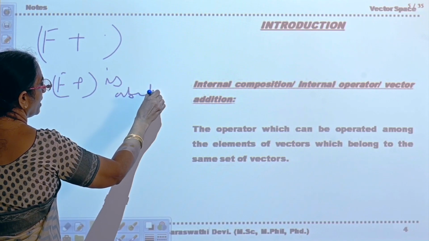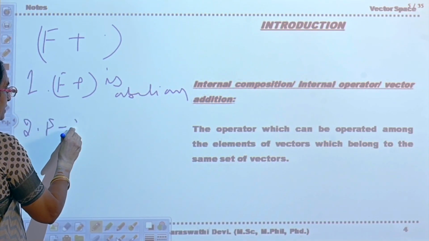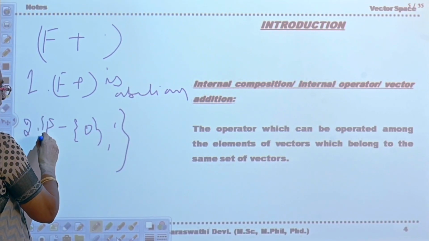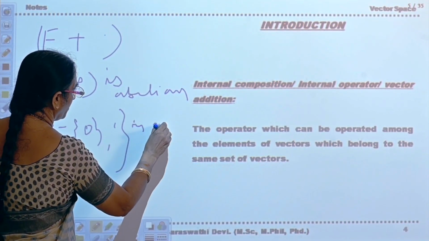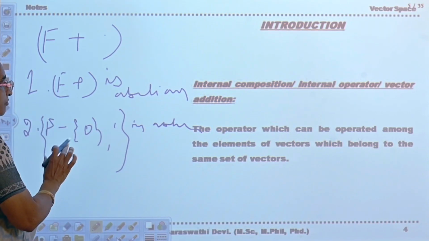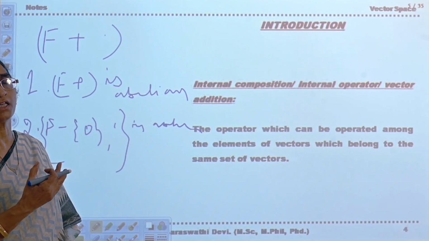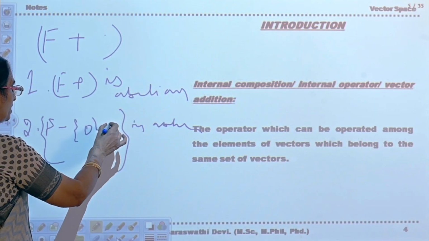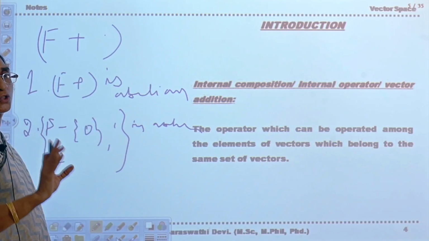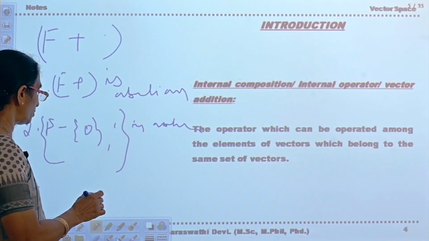Second, F minus singleton 0 with dot is abelian. Now you are taking 0 out of this F, because with respect to multiplication 0 does not have an inverse. So you are taking it out and saying it should be abelian with respect to multiplication. Third, this plus and dot together should satisfy distributive laws, that is left distributive and right distributive, that is